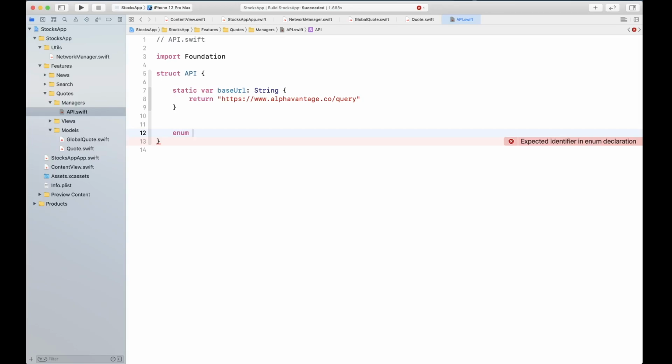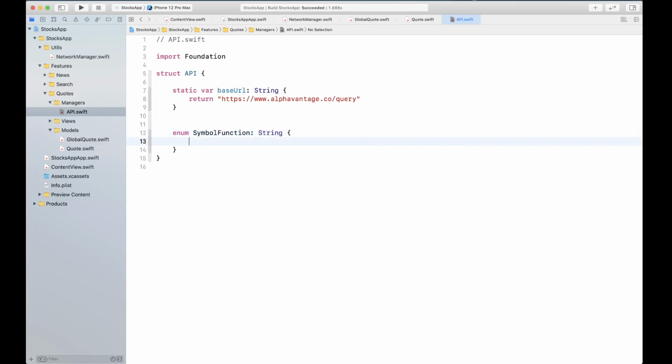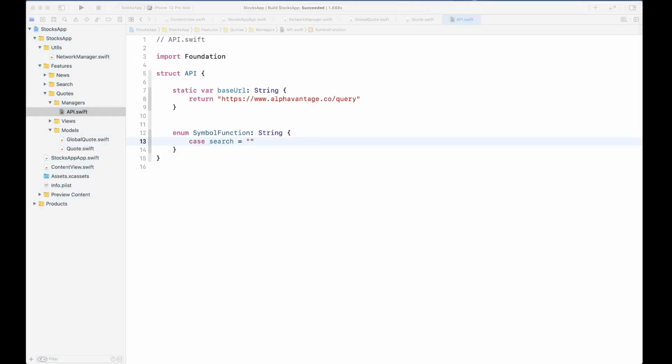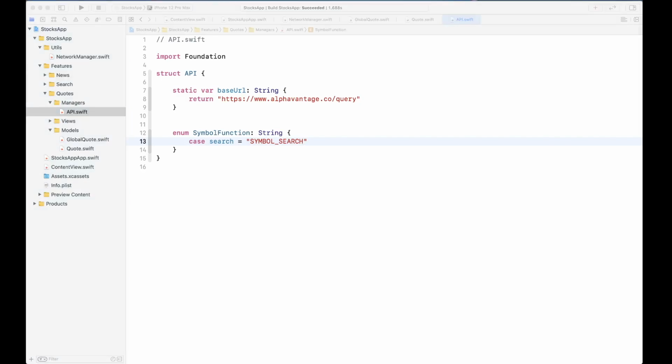So we're going to simply create an enum called SymbolFunction, which is going to be of type String, and there's going to be two cases. This is going to be a search, and this one is going to be the symbol search. So let me show you where I'm getting all this information.